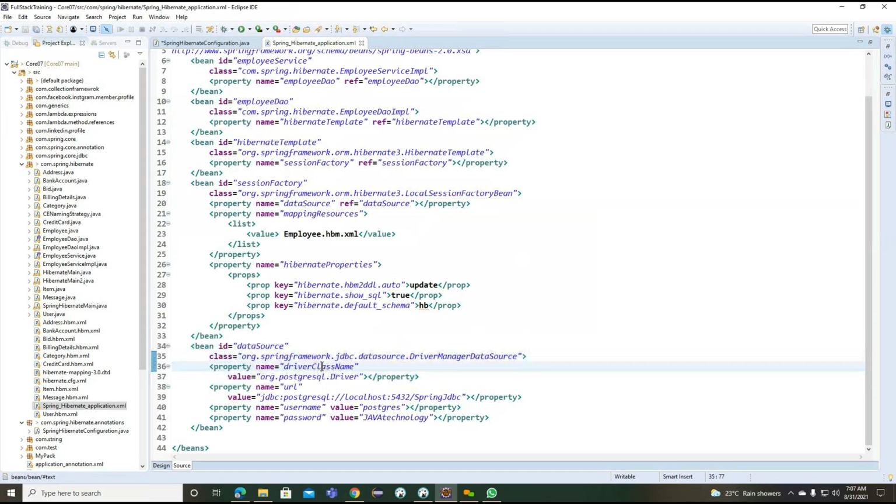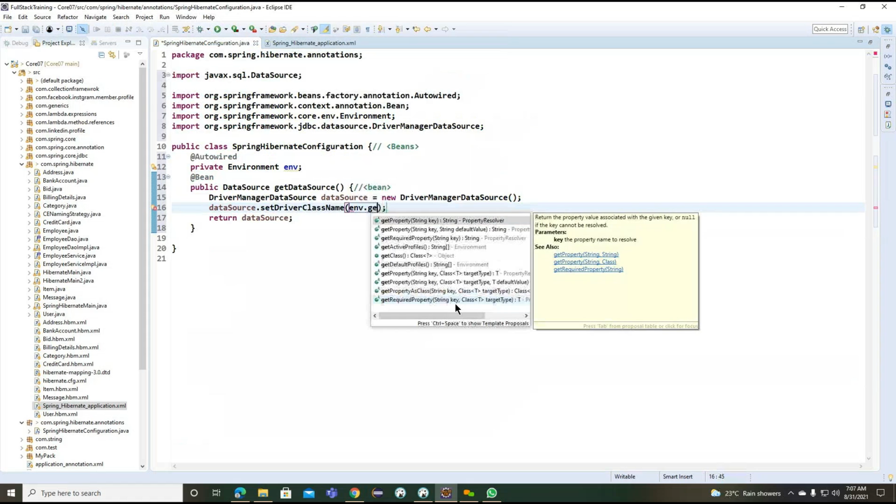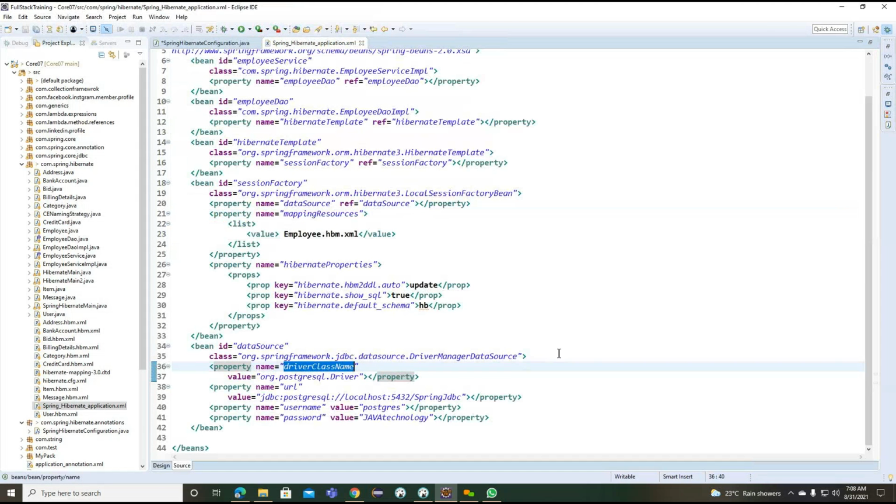The same driver class name we need to set here. How can we set it? With the help of the environment's getProperty. Inside this property, what value can we define? How are we going to load the driver class? Getting the point? How are we trying to load this driver class name?